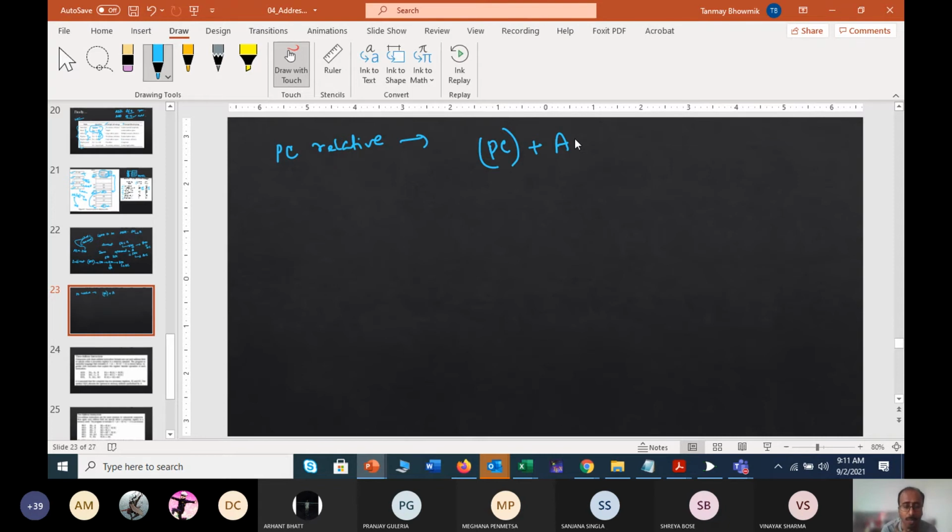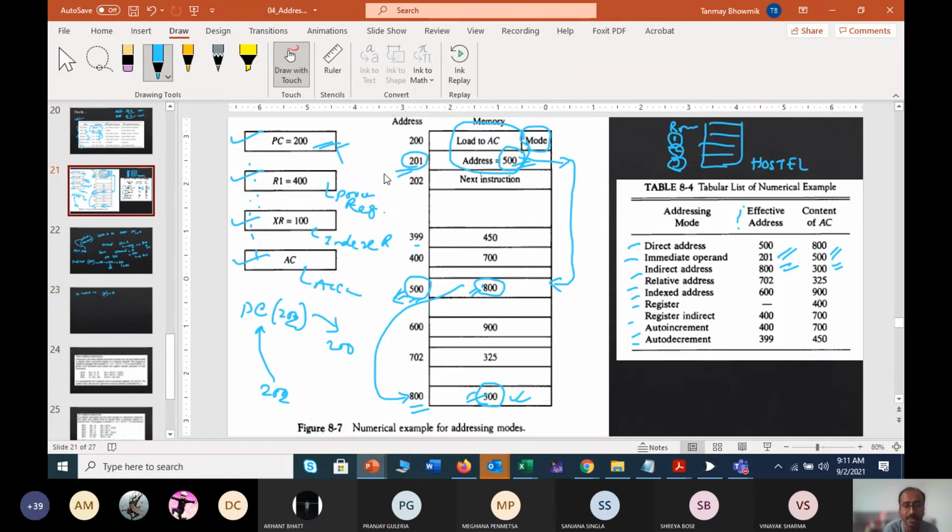Once you have started execution from 200 location, your program counter has been updated automatically with the data where your next instruction has been loaded. So that means this 202 will be loaded now into the program counter.